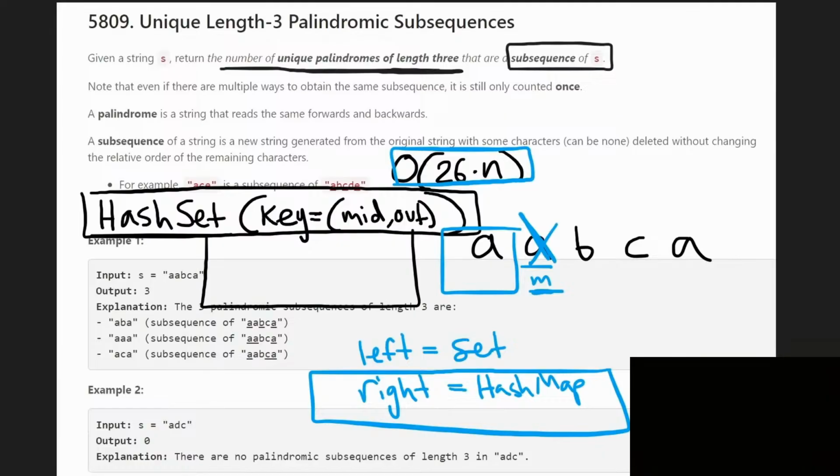But the main thing is as we move our mid pointer over and over, we're going to be removing characters from our right hash map, and we want to